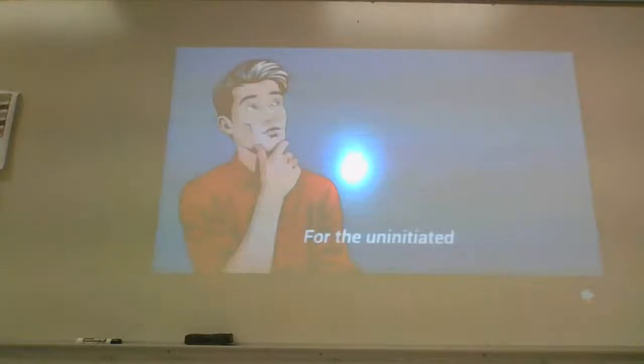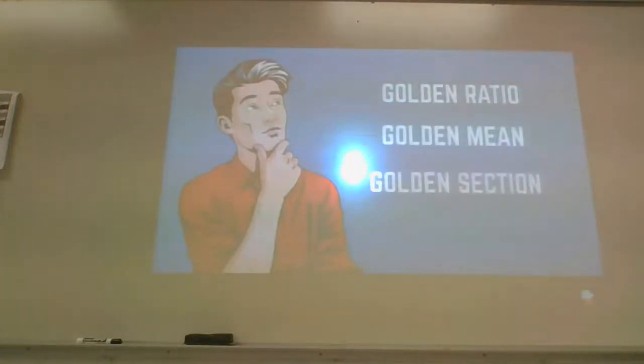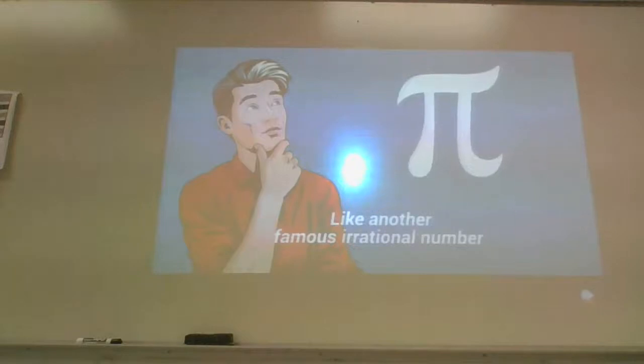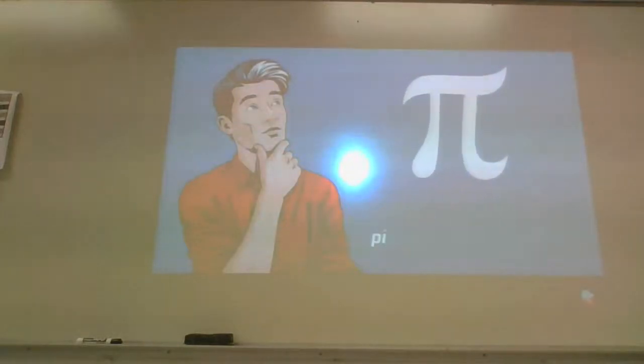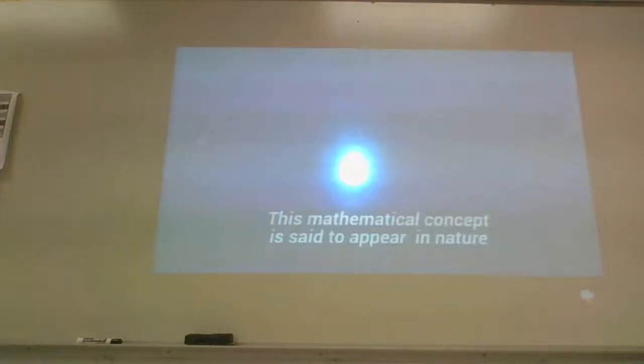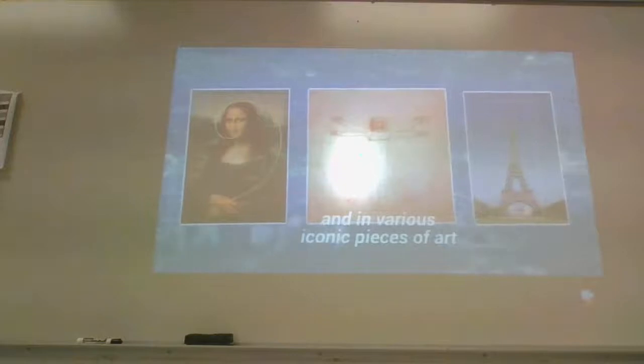For the uninitiated, the golden ratio, also called the golden mean, the golden section, or the divine proportion, is one of the most famous irrational numbers. Like another famous irrational number, pi, the golden ratio goes on forever. This mathematical concept is said to appear in nature and in various iconic pieces of...